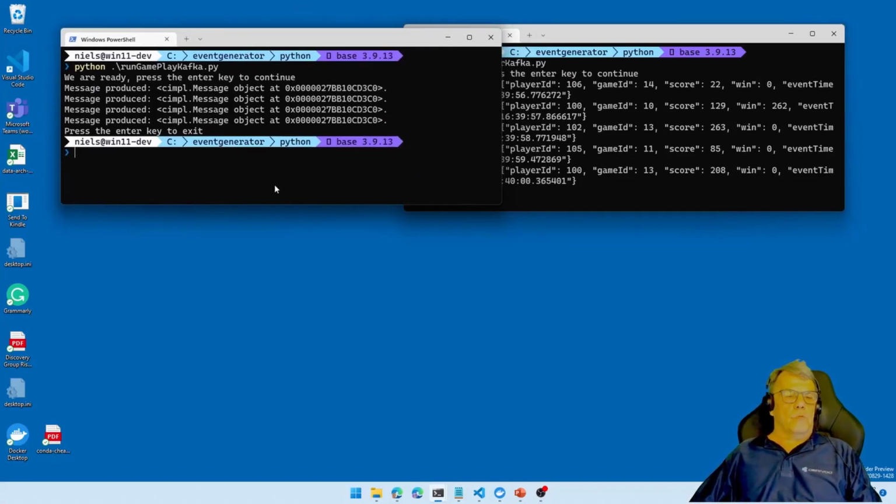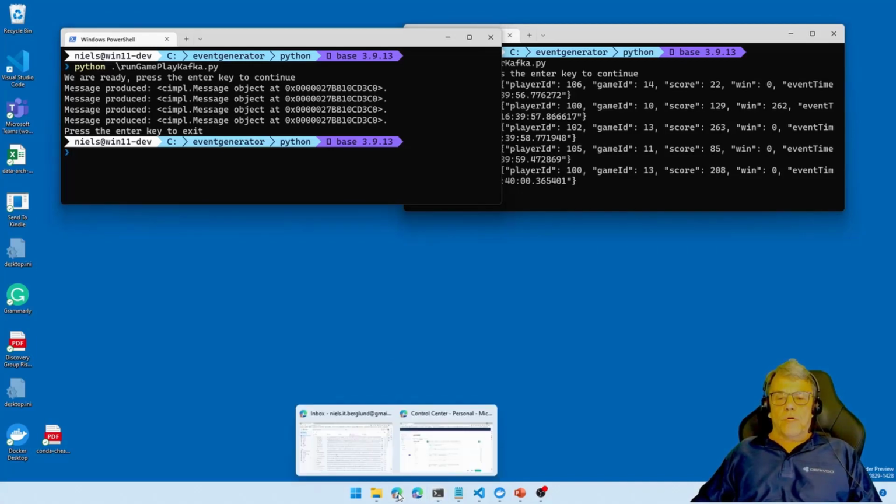Now we want to create the basis of a leaderboard. So we want to take the data coming into this topic, gameplay I think it was called, and do stuff with it. And for that, as I said before, we are using ksql.